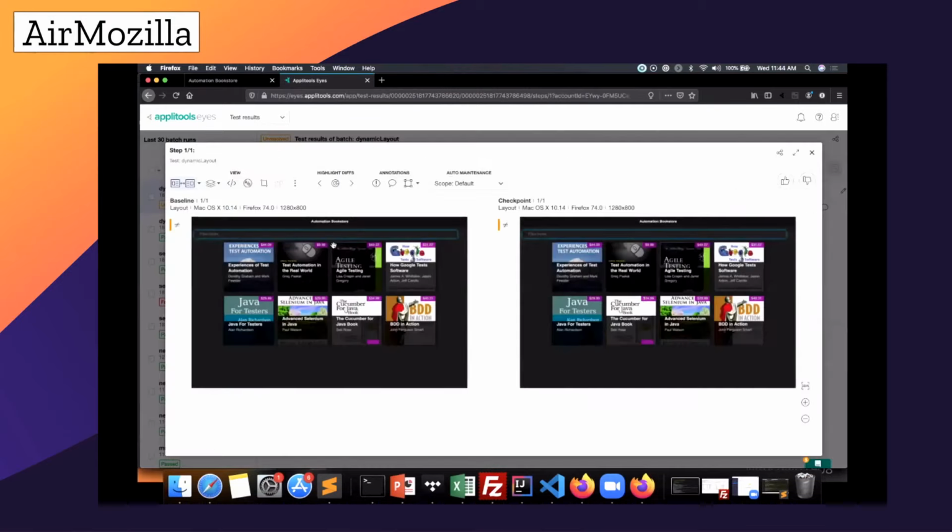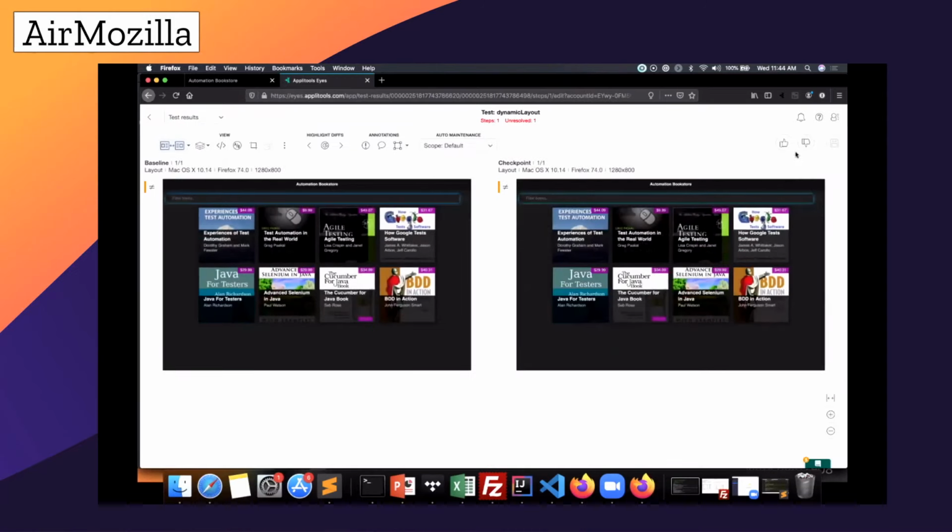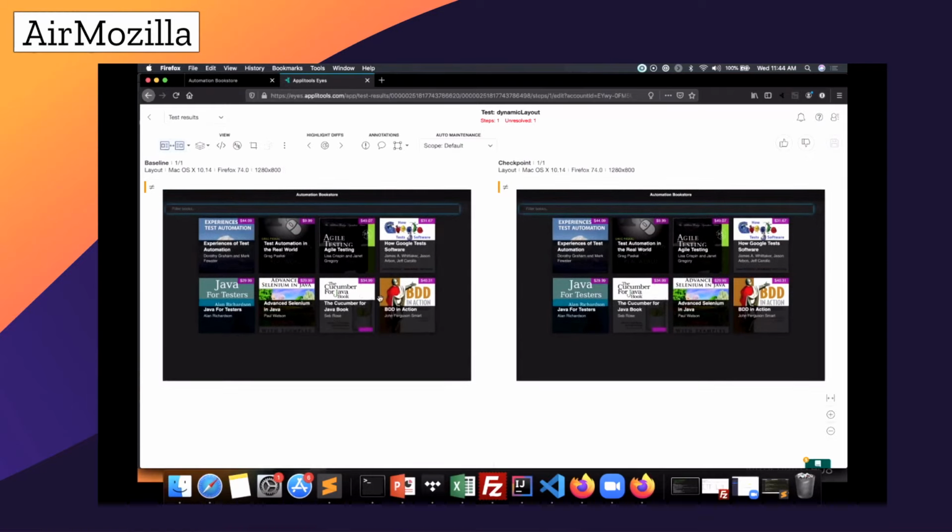Resolve. Okay, so we look at this. The cucumber book. Okay, so it spotted like something. I don't even know what this is. I think I can do. Might not be able to. Yeah, so it shouldn't have done this. It should just pass because I'm using this layout mode. So I'll take this back to the team to see what's going on. But what's happening here is this book has moved to a different position, and notice like it didn't catch the entire book here. For whatever reason, it's catching like something right here. I don't know what, but what this did was